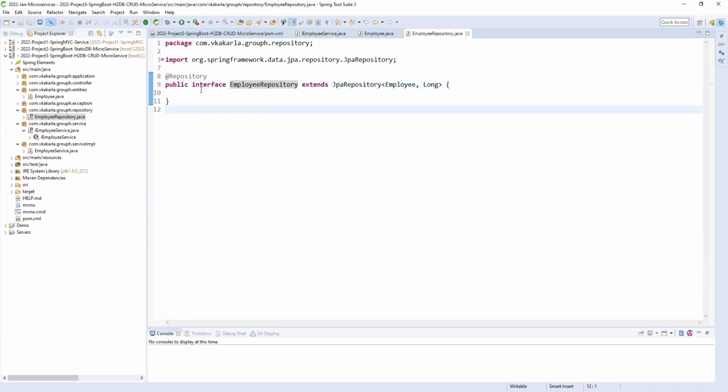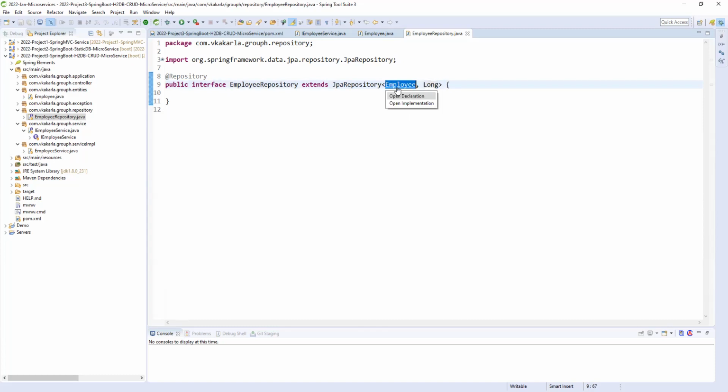Okay. So employee repository. If you want to enable your class as a repository, a Spring component, you need to put @Repository on top of it. That is one thing. The second thing is you need to extend, to take the default behavior or properties of your parent class, JPA repository here. The JPA repository by default will expect the entity as well as the data type of the primary key of this entity.